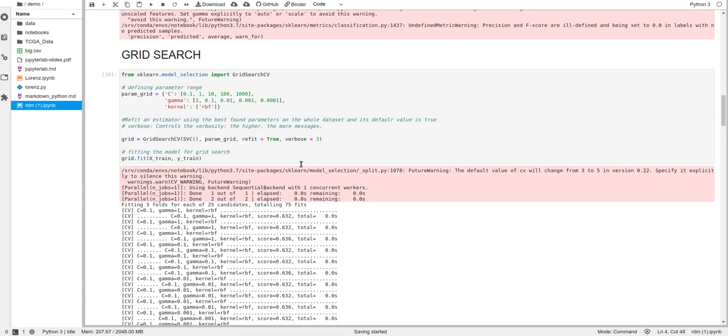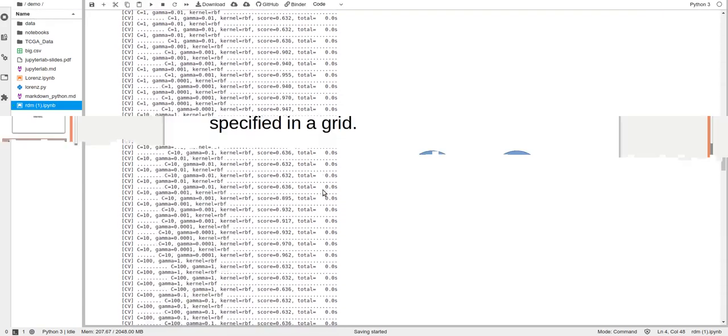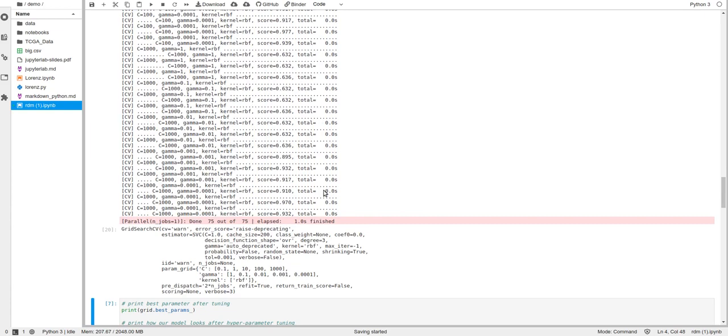I will execute it for you. Now, as this grid search CV will take some time, more than the random search.